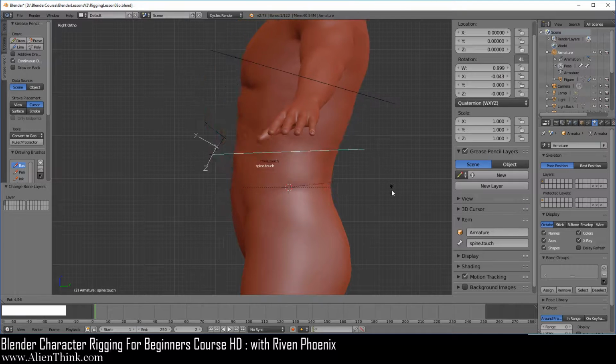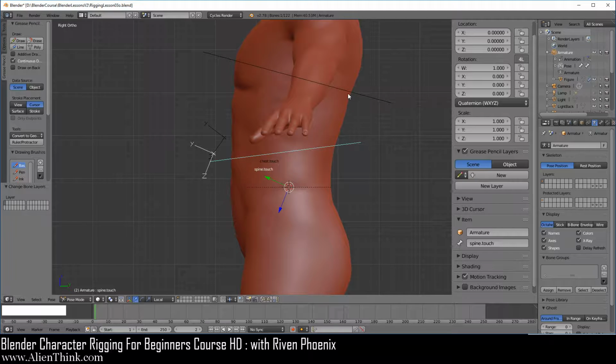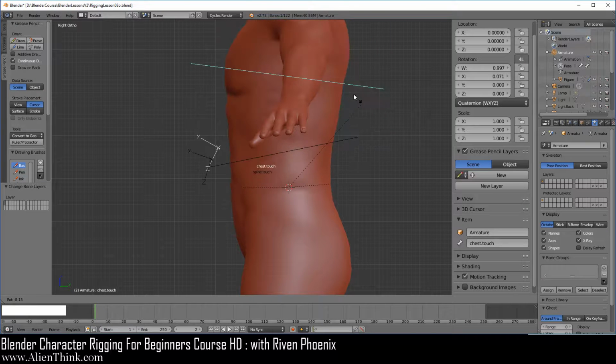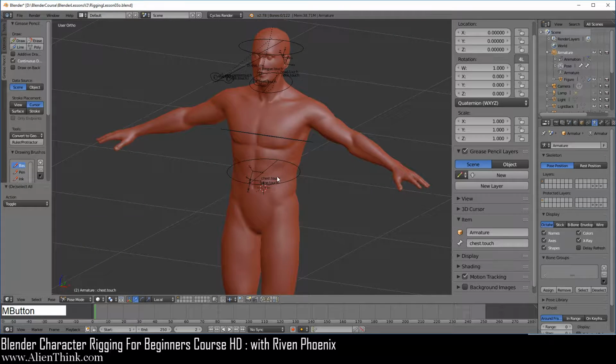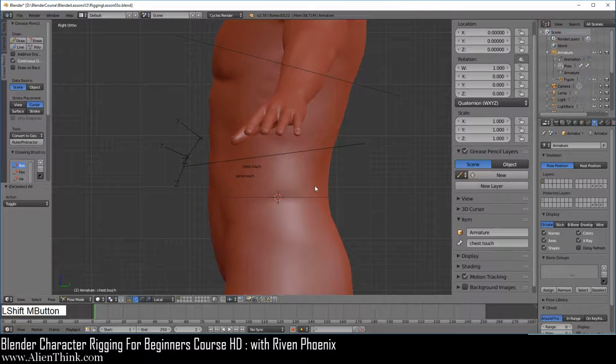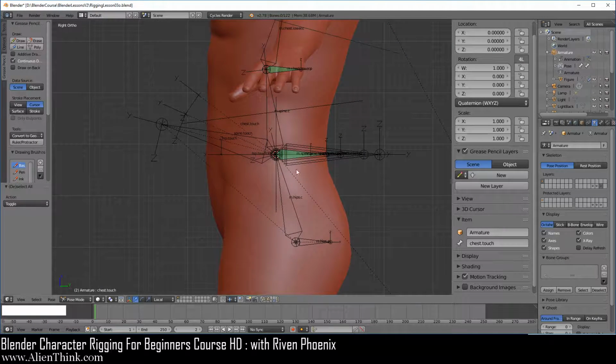So this will give you the ability to really just rotate the spine, meaning really the abs. Okay, so that's done. So let's go ahead and now press the shift key down and turn back on the non-deform layer. So here what we're going to do now is work on the hip dot touch, and for this